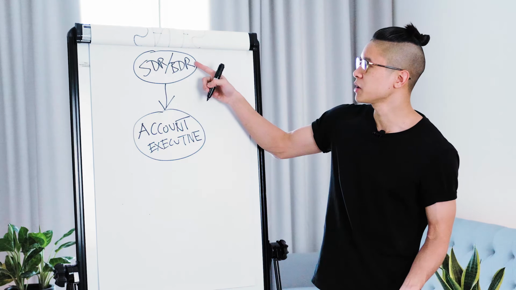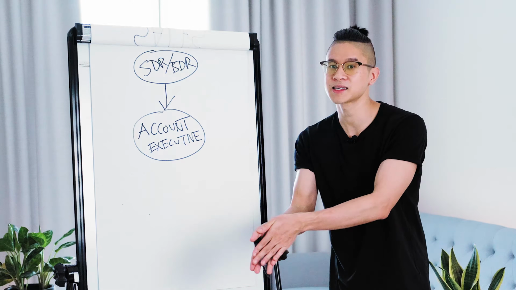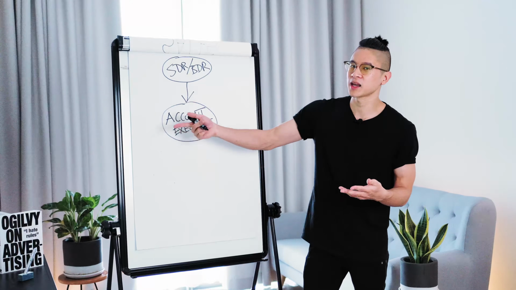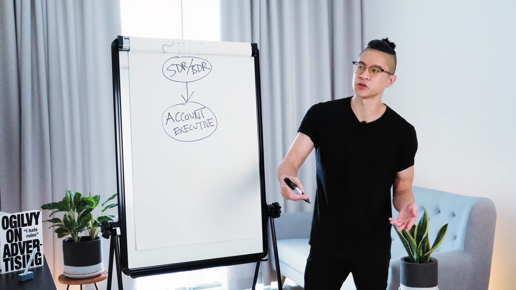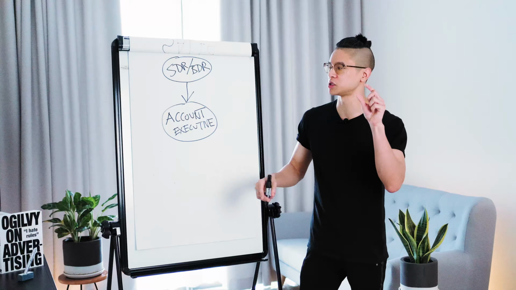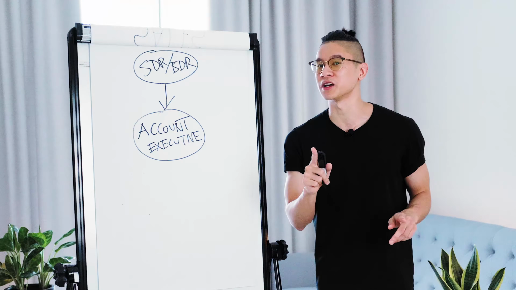But you see, when you're starting out, sometimes you're just generating leads, and that's okay, because how these people make money is they make money from generating the lead. So maybe they might get paid for every meeting that they set up, that qualified meeting that is. Or if they generate a meeting and the account executive actually closes the deal, they might get a small percentage of the commission. And again, it's a small percentage because the main commission goes to the account executive because they are doing most of the heavy lifting.